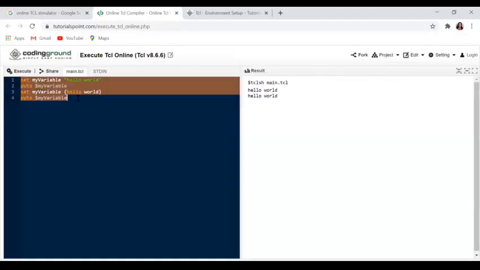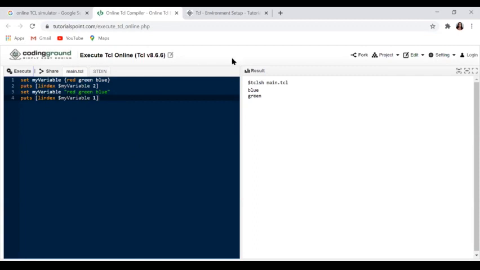Now let's see one more example. Set my variable red, green, blue, and what it has to do. This is the index values. So here my variable 2. So my variable again I have set as red, green, blue. Now let's see what it has to come. So now what you are understanding from this, it has to take the index value. Okay. So the index value is 2. So 0, 1, 2. The answer has to come as blue. So here in the next one, the index value has to come as 1. So 0, 1. So green is at index 1. So it is showing you the output as green.